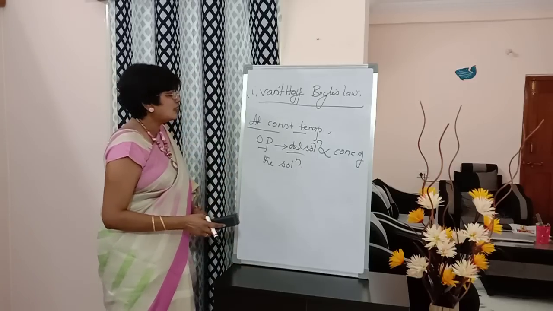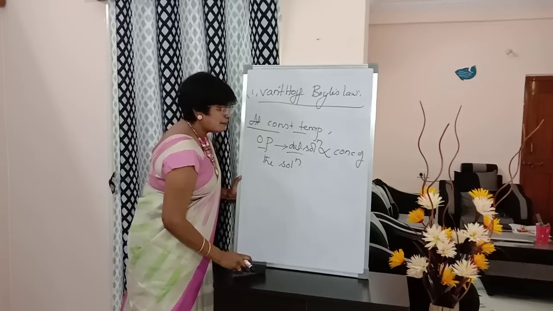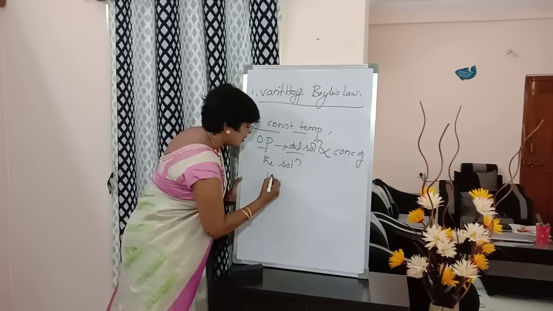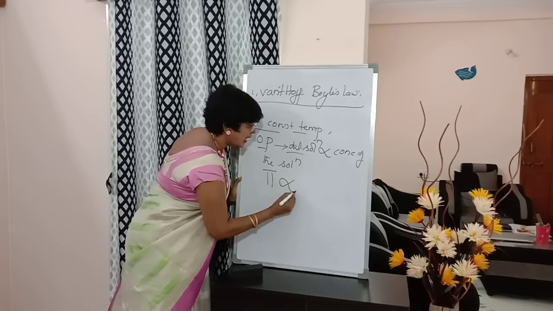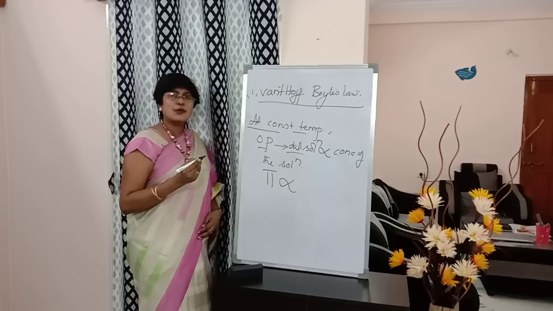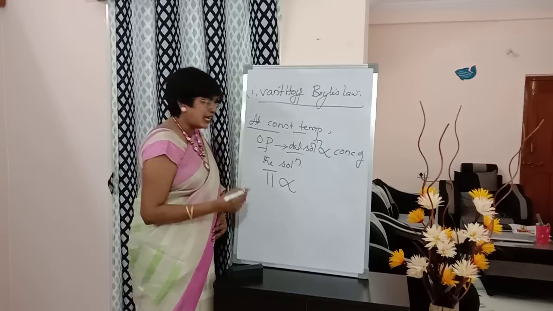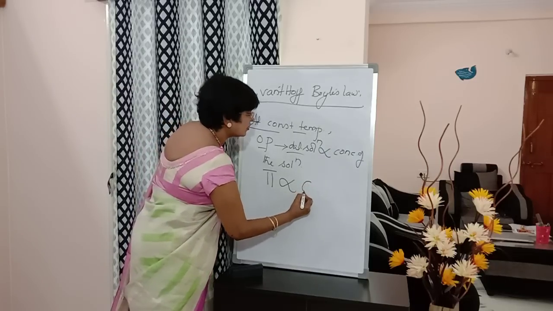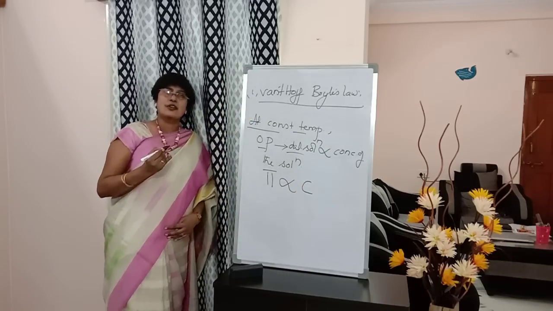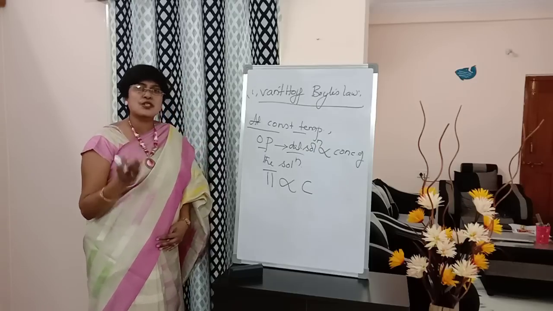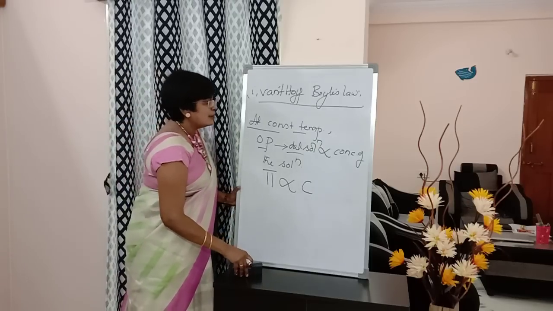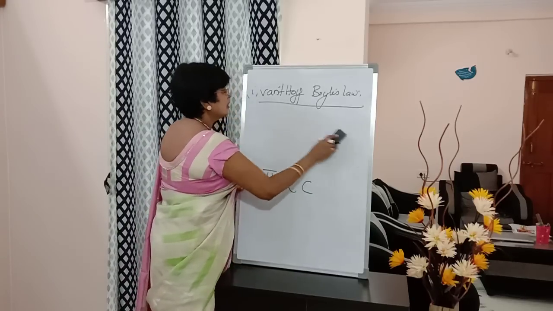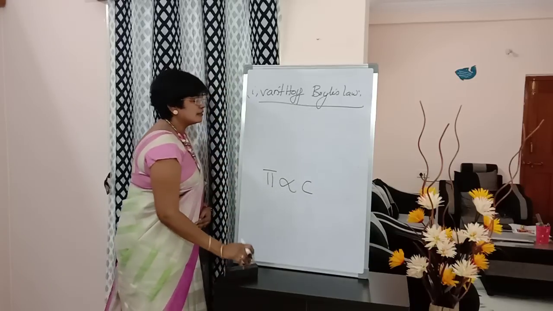Written the statement. Now, I will show you in the form of an expression. Students, osmotic pressure is denoted by the letter pi. So, what is it proportional to at constant temperature? It is proportional to concentration of the solution. So, write down pi proportional to C. I am erasing the statement, students. Pi proportional to C.